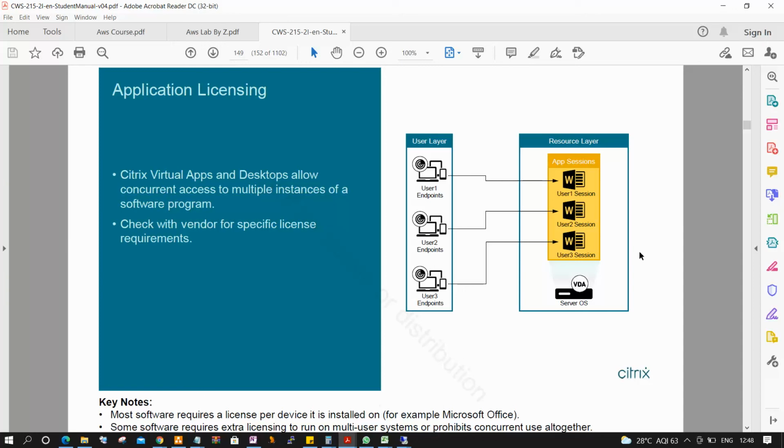It is based on the application vendor. For example, if you are installing MS Office, you have to purchase from Microsoft only. If you are installing VLC player, you have to contact the VLC player company and download it. If you are installing Photoshop, you need to contact the Photoshop company for the license. If you are installing Adobe Reader, you have to contact Adobe. Like that.